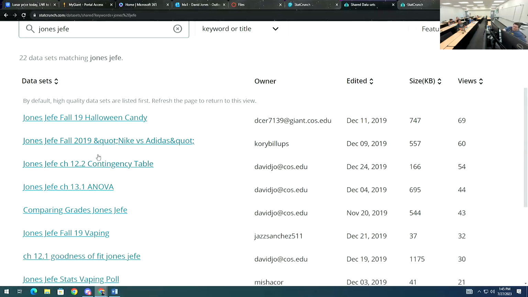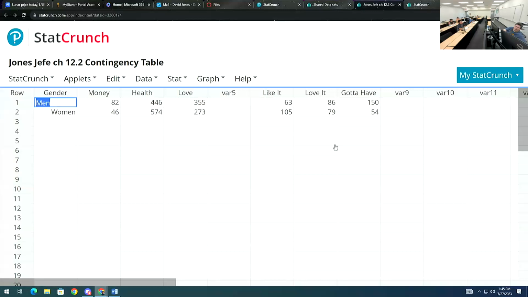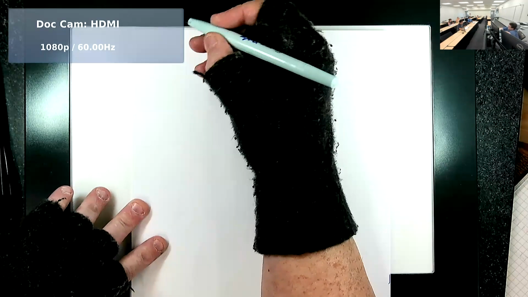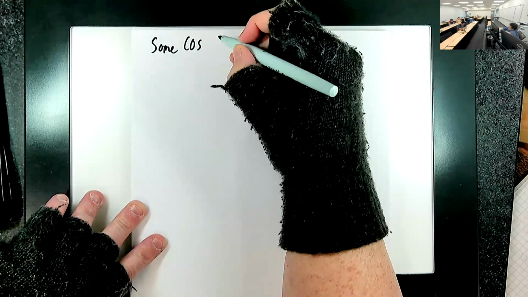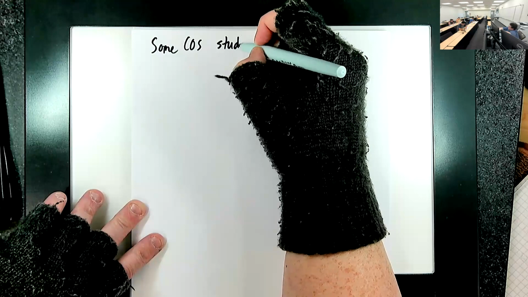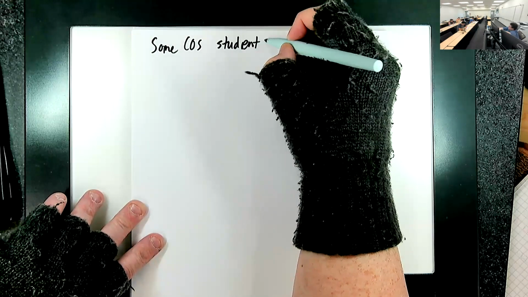All right, so like I looked up Jones Cafe. We're doing 12.2, and then I'm gonna do 13.1 in a second. Where's my mouse? There it is. So we're gonna do the like it, love it, gotta have it category. Some COS students that worked at Cold Stone Creamery